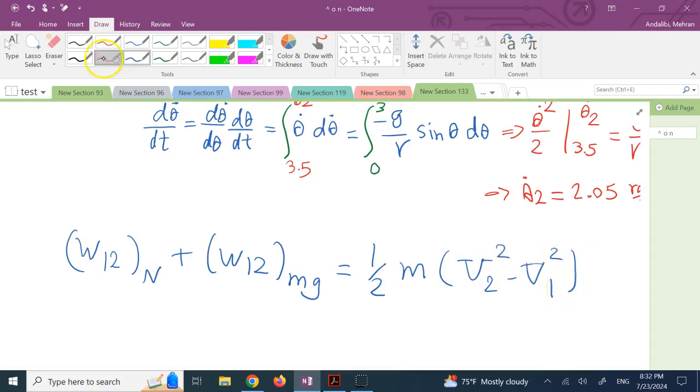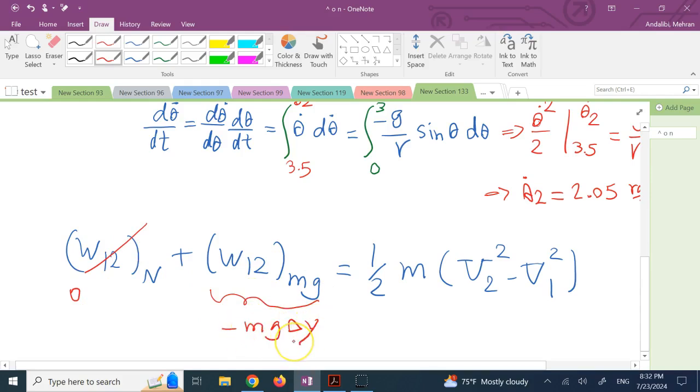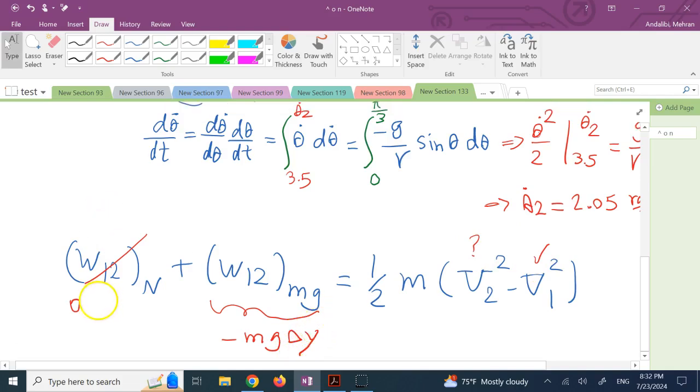And remember that normal force is perpendicular to the direction of motion, so that doesn't do any work. The work of mg is negative mg delta y, right? That's the formula that you learned. v1 is given, v2 is to be found. The only thing you needed to find was delta y of the object as it goes from theta 0 to